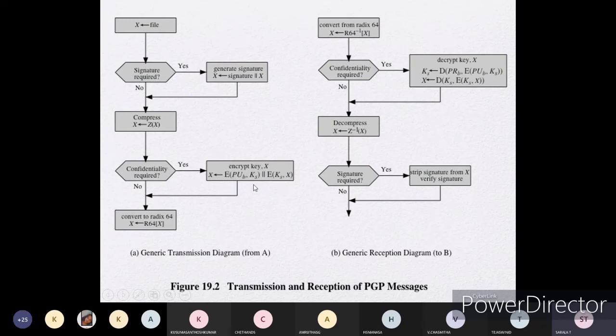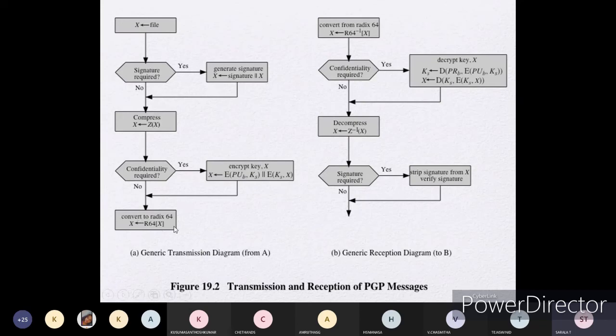You have to encrypt your X message, whatever message we have generated, with the use of a key, the session key. KS represents the session key. This encrypted message has to be concatenated with the public-key encryption of the session key. Using the public key, you encrypt the session key, and then send it towards the receiver.